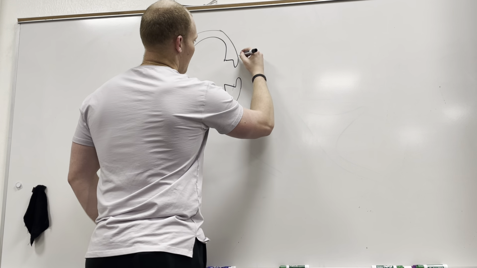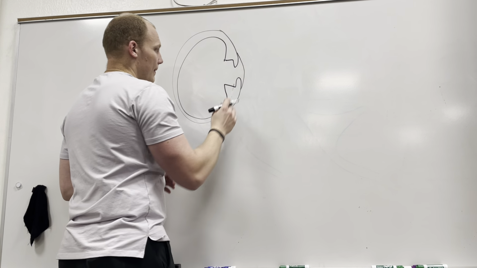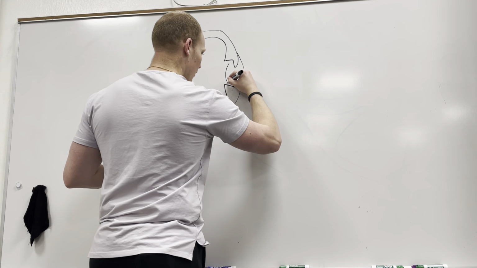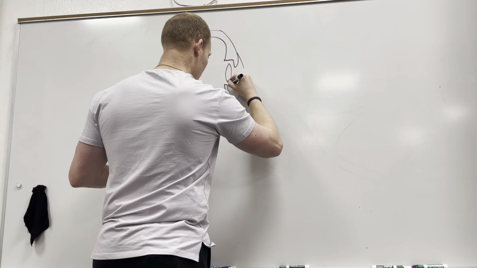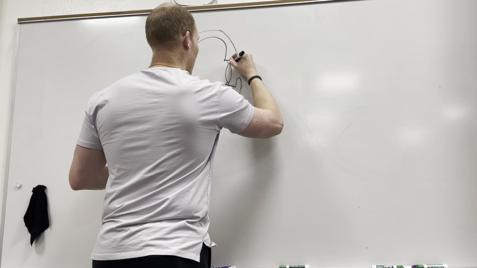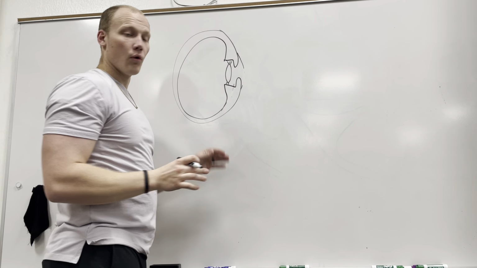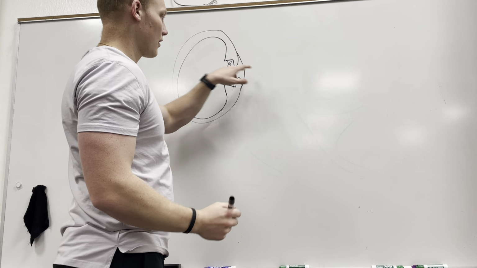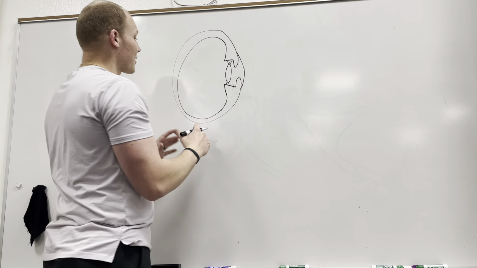So you have the eyeball. Right here we have the cornea, and you have the pupil. And behind that, we have the lens. So the lens here and cornea here, they help to bend light, because the way we see is